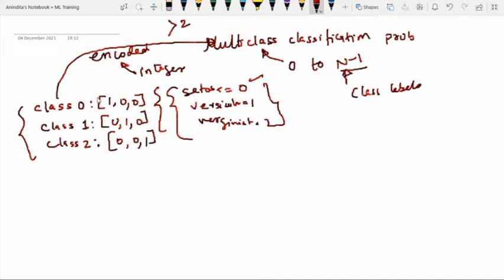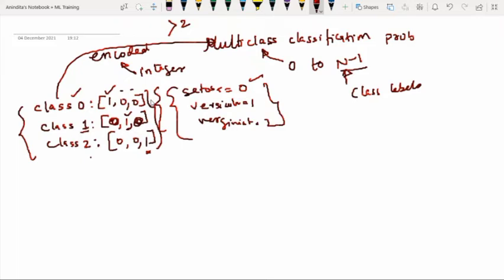The question is why? Class 0 means the first class, so that's why 1 is here and the rest of the 2 classes are 0. Class 1 means the next class, not the first class and not the last class, so it is the second class, that's why 1 is here. And 2 means the third class, the third kind of category, so that's why 1 is here. This is how this encoding is performed. Basically it represents the expected multinomial probability distribution for each class, which is used in supervised learning. So it's a simple thing, and we can expect this kind of coding.